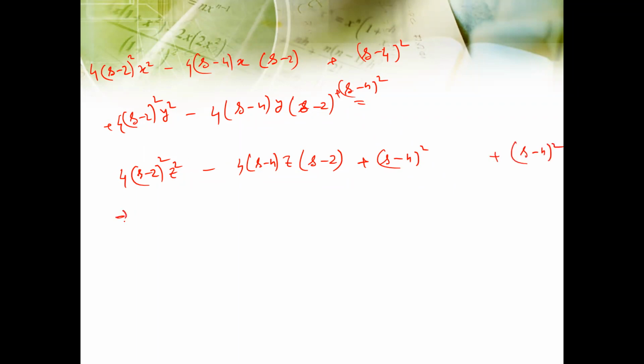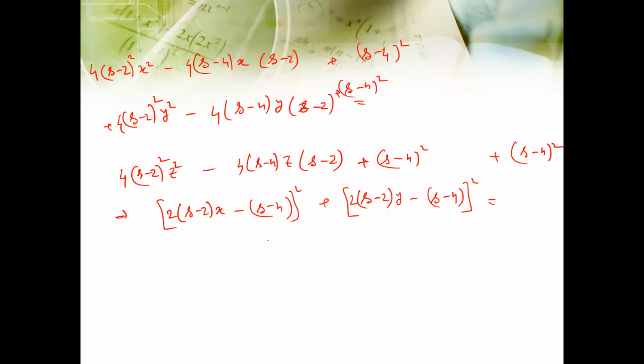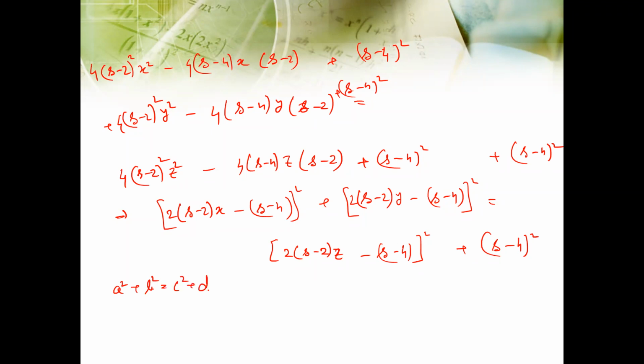So then it becomes (2 times (s minus 2) times x minus (s minus 4)) whole squared plus (2 times (s minus 2) times y minus (s minus 4)) whole squared, equal to (2 times (s minus 2) times z minus (s minus 4)) whole squared plus one extra (s minus 4) squared. So this is actually of the form a squared plus b squared equals c squared plus d squared, and